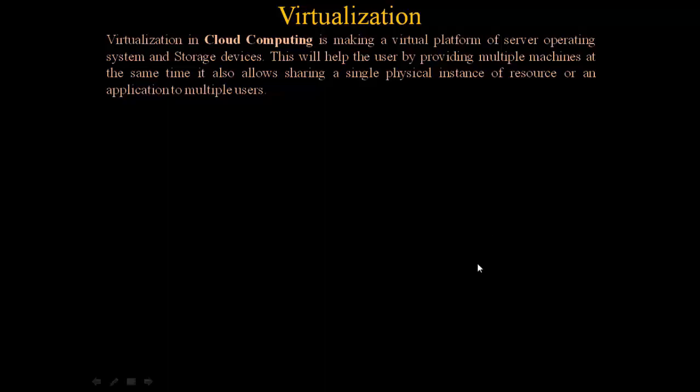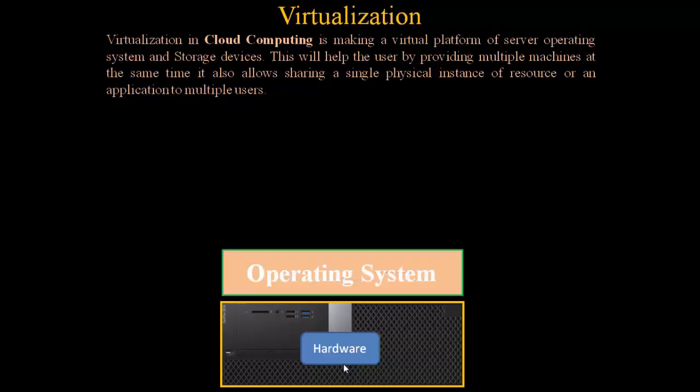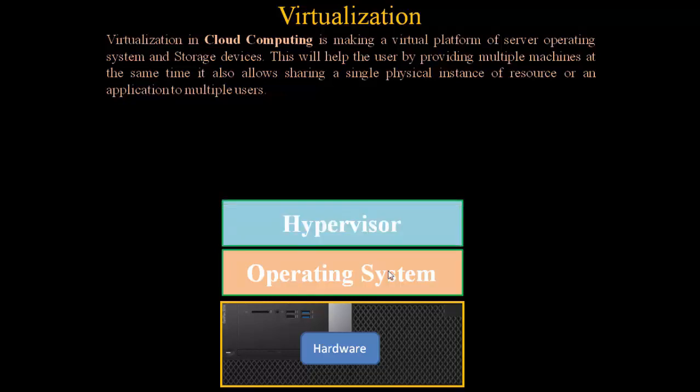As per the architecture of virtualization, our first layer is hardware. As we already discussed, hardware includes a number of hardware devices like the processing unit, memories, RAM and ROM, and networking devices. On this layer we have the operating system, which is used to manage all the hardware devices. On this operating system we have the hypervisor. It is very important to understand the hypervisor. This hypervisor is used in virtualization, and it is a very important concept in virtualization.